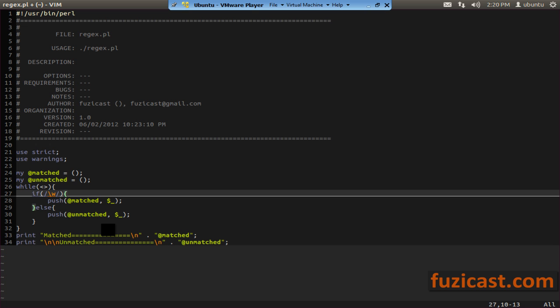In addition, the escape W also matches numbers, and it also matches underscore. So if you put escape W, it just means look for one alphanumeric character, just one. So if we do that,